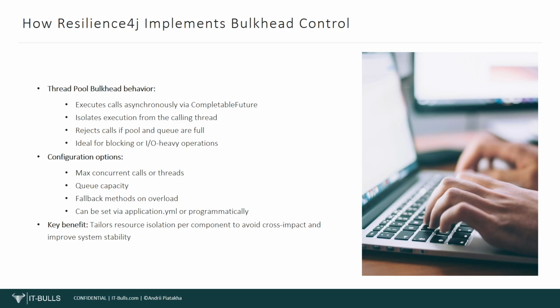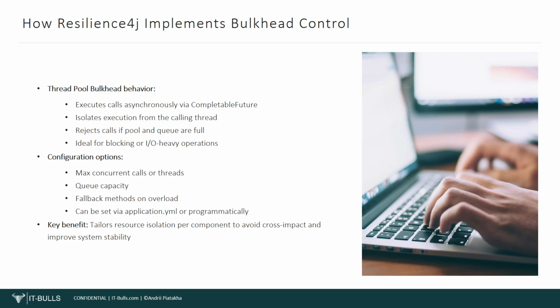When you use this model, Resilience4j assigns a dedicated thread pool to the protected method. Calls are submitted to this pool, and if all threads are busy and the queue is full, new requests are rejected. This adds a layer of isolation between the caller and the callee, because execution happens on a separate thread. And it's ideal when your method performs blocking input-output operations or interacts with unreliable external systems. It helps ensure that even if those calls are delayed, they won't consume the threads used by other parts of